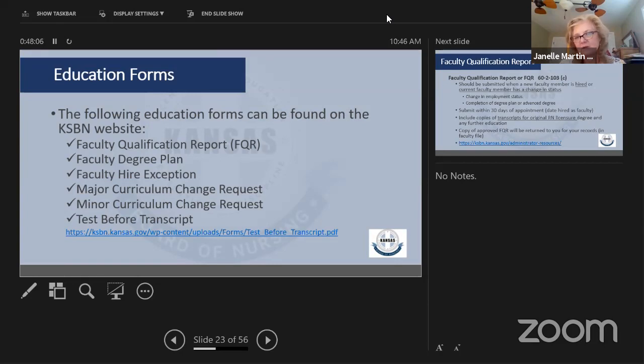A lot of them look for BSN or above, but if you look at what your preceptor is intended to do, you need to have someone that you feel is a good role model and will be a good person to pair that student with for experience. So, we do not specify education level, but that's just something to keep in mind. If you have an ADN student, I would think that your preceptor is ADN or above. Okay, so I think that's the questions we have there. And I'm going to have Colton go to the website, if you would, please.